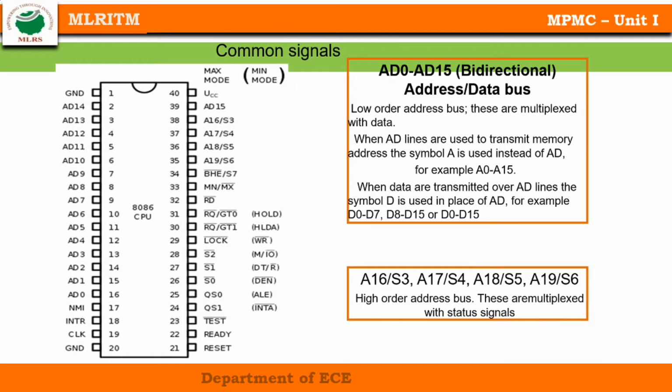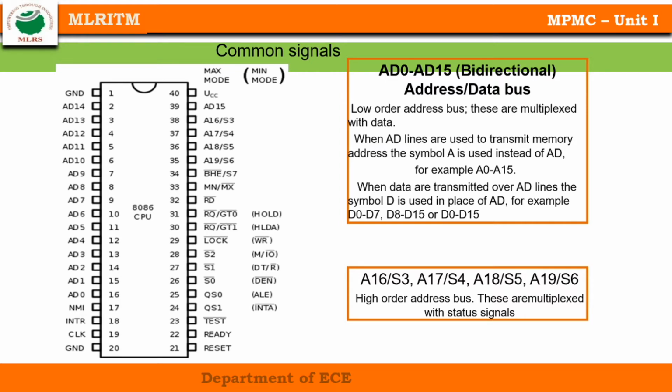Pin number 39 is another multiplexed address and data line, indicated by AD. A indicates address and D indicates data. So pin number 2 to pin number 16 and pin number 39 are multiplexed address and data lines. Pin number 40 is VCC,